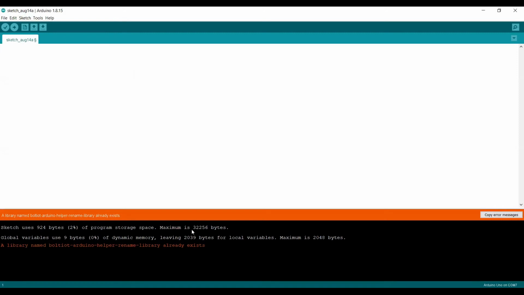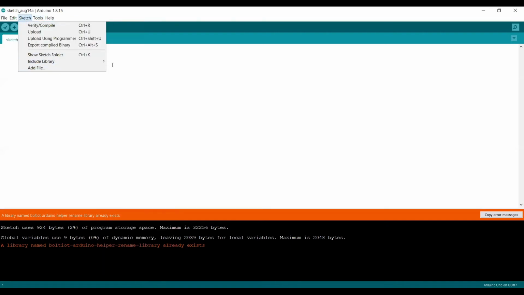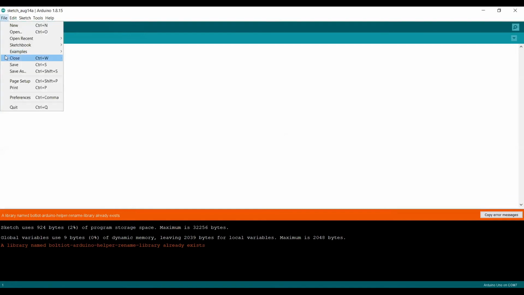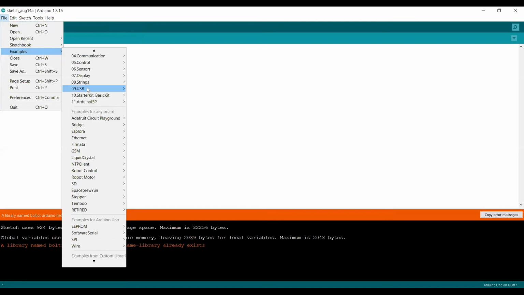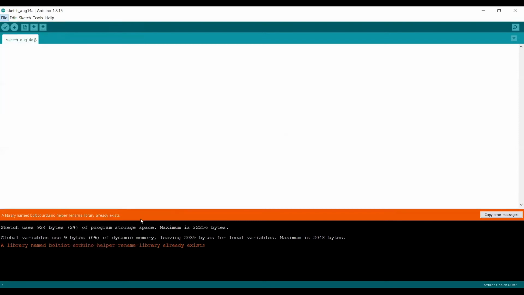To install any of the libraries, the process is simple. You can go to Sketch, then click on Include Library and then click on Add .ZIP Library. In my case, I have both the libraries with me, so I don't need to worry about it. For the DHT library, they have given certain examples. When I scroll down, I have a library named DHT sensor library, right? So they have certain examples. This is the example that they have.